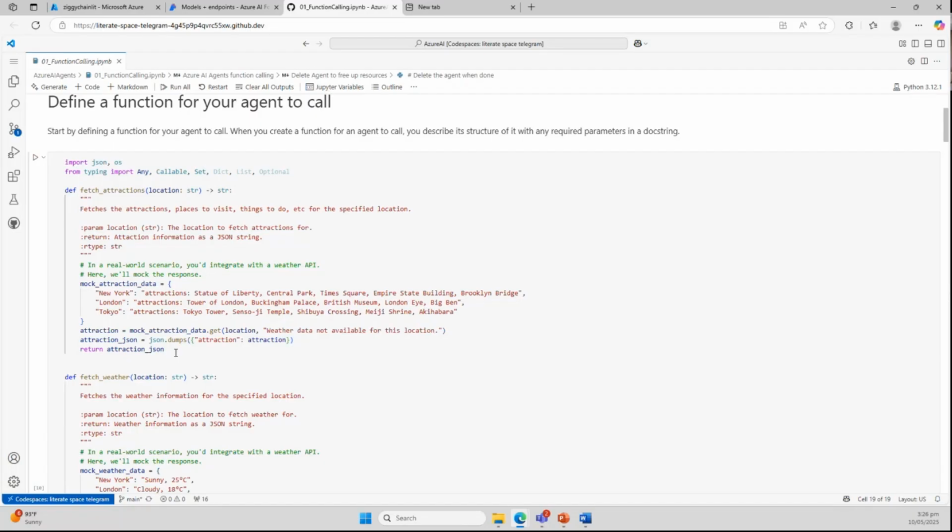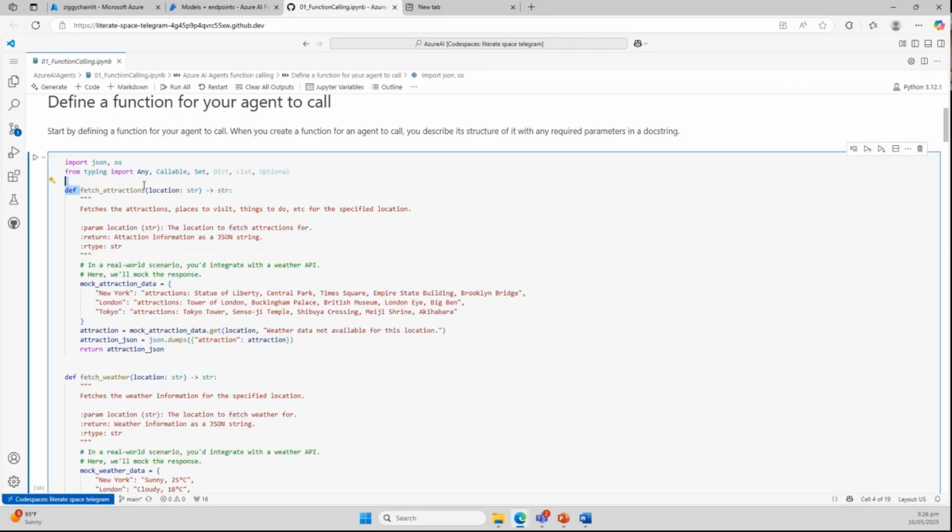Okay, so here we have a function called fetch attractions, and it's using a location string. This docstring may be documentation for you, but it is also documentation for the large language model.